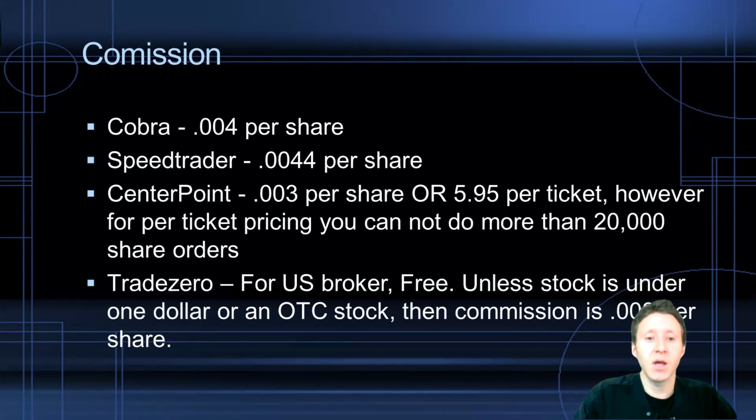And for commissions, Cobra, they charge you a per share commission rate. And for Cobra, it's 0.004. Speed Trader, it's also a per share commission rate, and it's 0.0044. And Centerpoint, they charge 0.003 per share, or you can also be charged per ticket, in which they'll charge you